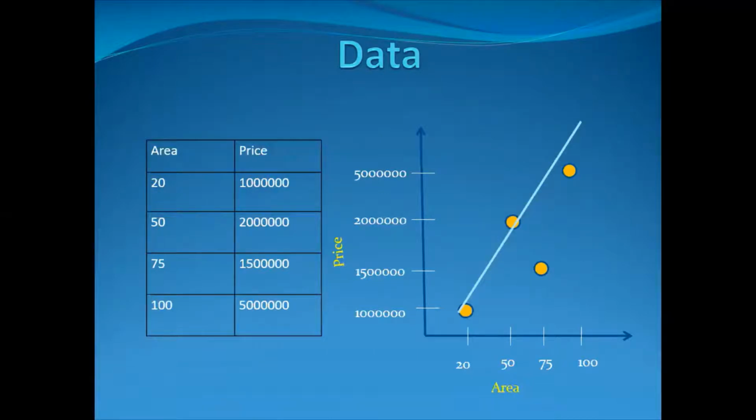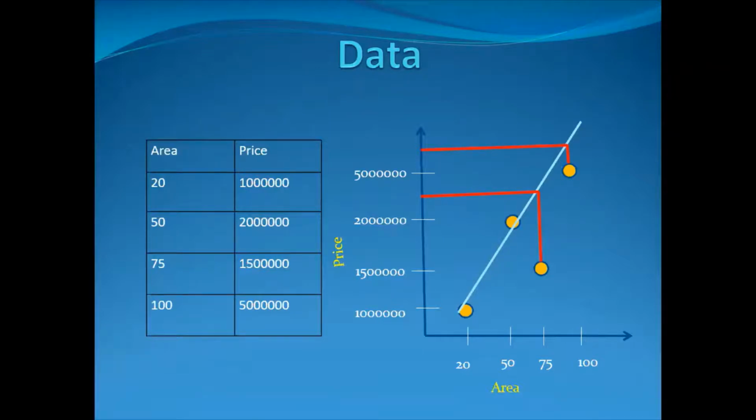Let's look at the data point where area is equal to 75 over here. The actual value is around 15 lakhs. Let's see what the model has predicted. The model has predicted around 36 lakhs, if you see. But this is a unique data point. Let's look at some other data point where area is equal to 100. The model has predicted around 60 lakhs whereas the actual value is 50 lakhs. We will look at the error later.